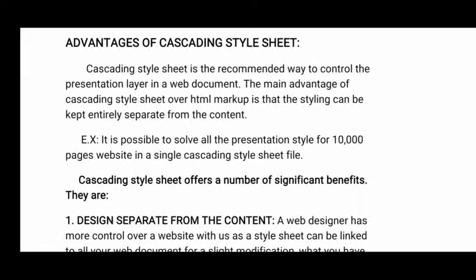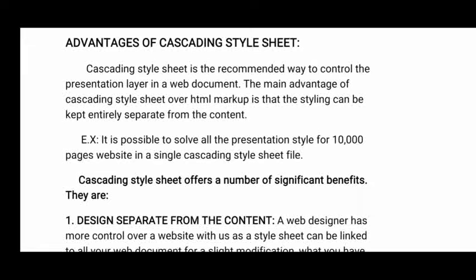Okay, this is a simple example. When you want to use the same properties in multiple documents, instead of writing the same code a number of times, we'll create a CSS file with that presentation information. Wherever you want that presentation information, you just need to include the CSS file in that HTML document.